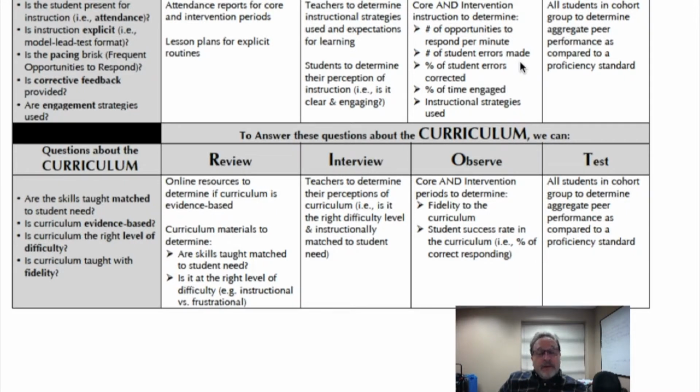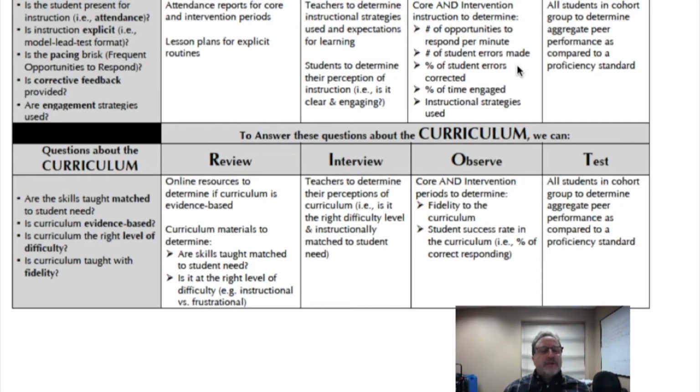And then interviewing, typically, teachers to really get a good sense of what happens in their classroom instructionally, and more detailed information about students' performance and actions, behaviors, that sort of thing. And then also interviewing the student. I'm not going to continue to go through all of these, but I'll just mention quickly.